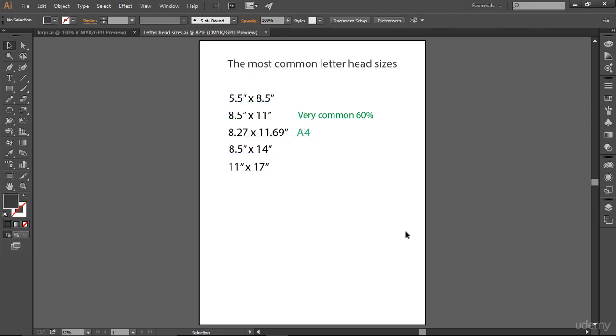So before creating any letterhead sizes, you must ask your client or your customer in what sizes they want their letterhead. You can even just present these 5 different sizes and let them know which one they want, and based on their choice you can go ahead and create the letterhead in that size. Okay,